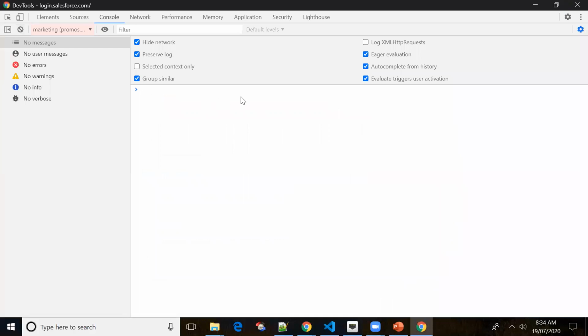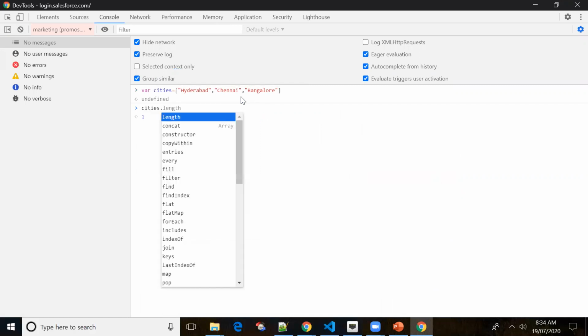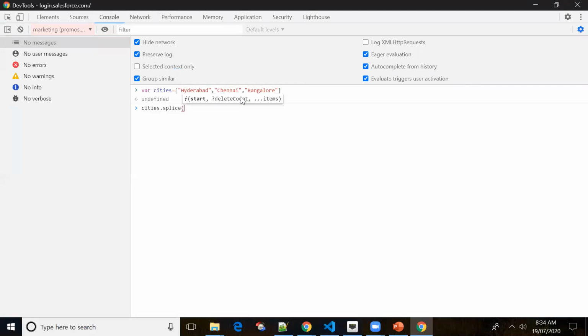Now I'll just declare an array. I'll be using the splice method with 1, and let me put 0, and let me insert some values, Ongole, and let me insert one more value, Singarayakunda.